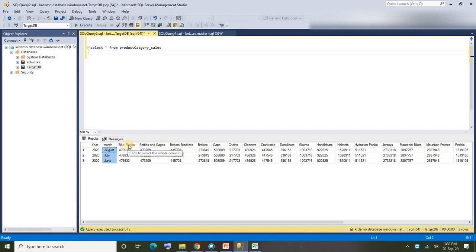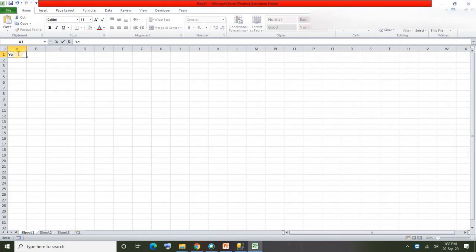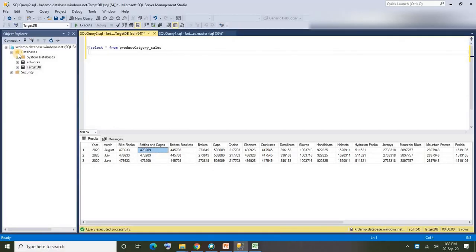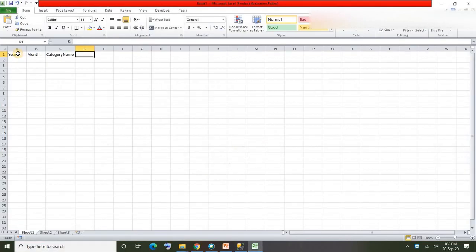I want to create a new column to map these values under, and the sales amount which is currently mapped to these columns should be mapped to a different column. The data in our target table should be like this: year, month, category name. Under category name I want to have all these category columns as values, and then sales amount.